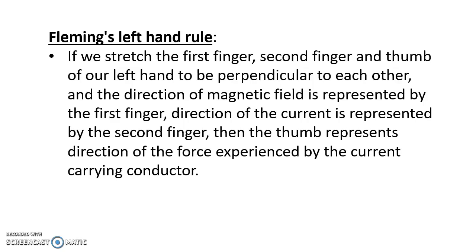Once again, we interpret the statement. For the direction of the force experienced, we have to go for Fleming's left-hand rule. We already know Fleming's left-hand rule from the 12th standard. We outstretch the first finger, second finger and thumb of the left hand mutually perpendicular to each other. The forefinger represents the direction of the magnetic field, the second finger the direction of the current, and the thumb the direction of the force experienced.